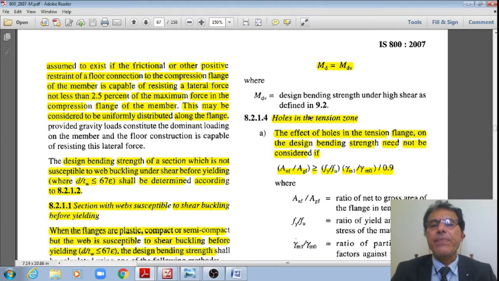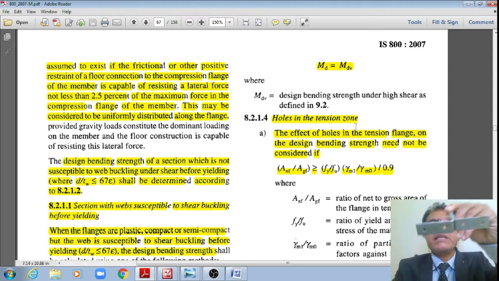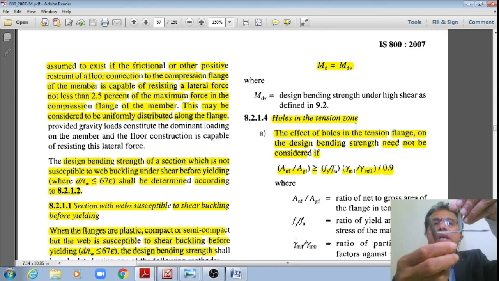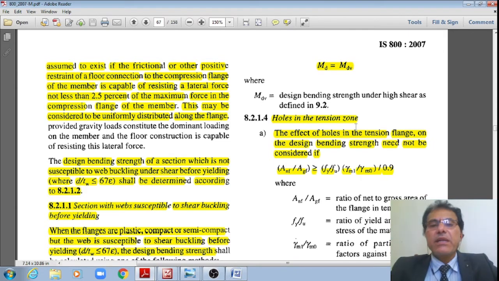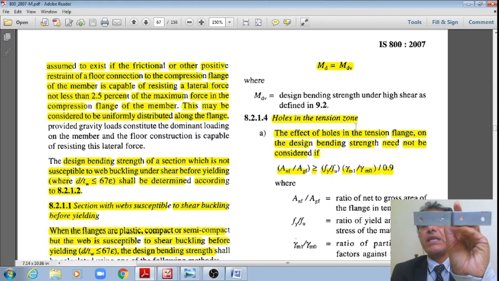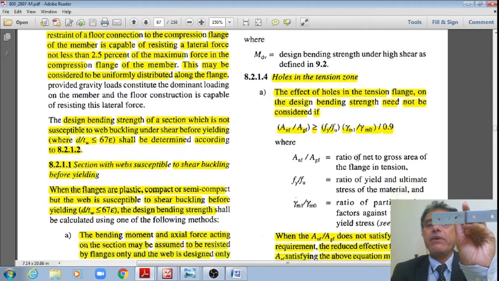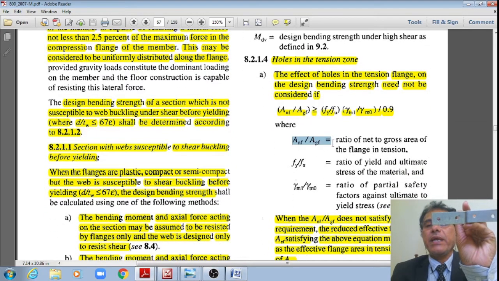Now the next subject is the holes in the tension zone. If at all the holes are there like this, right, in the tension zone, obviously made for the bolted connections, then the effect of the holes in the tension zone on the design bending strength need not be considered if Anf by Agf is greater than or equal to Fy divided by Fu multiplied by gamma M1 divided by gamma M naught divided by 0.9, where Anf by Agf is the ratio of the net to gross area of the flange in tension,